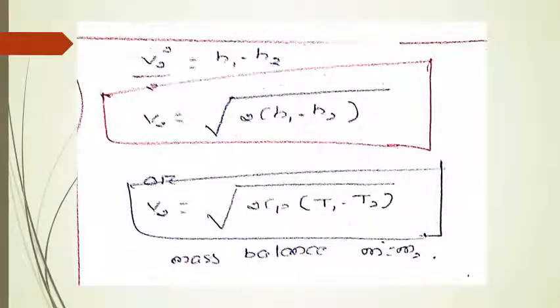If you rewrite the previous equation for the nozzle, v2 square by 2 equals h1 minus h2, and v2 equals under root 2 into h1 minus h2, or v2 equals under root 2 into cp into t1 minus t2. We know that h1 equals cp into t1, h2 equals cp into t2. So finally for the nozzle, exit velocity v2 equals under root 2 cp into t1 minus t2.